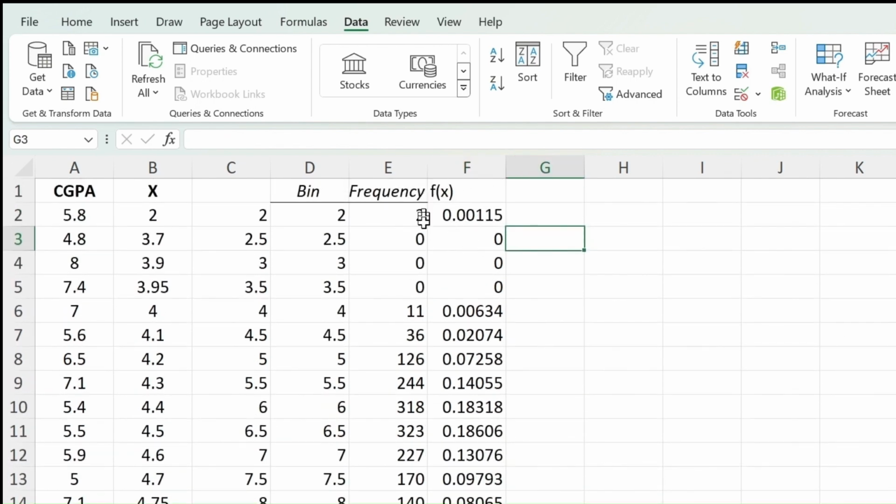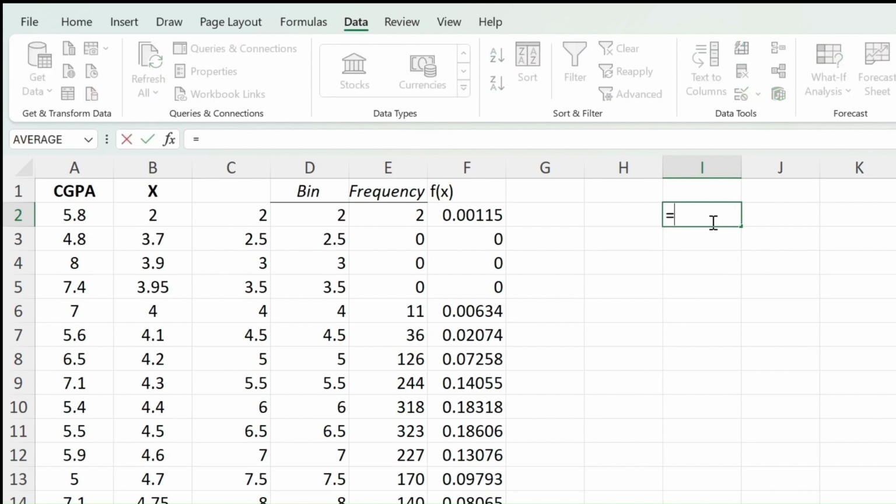Next, we need to calculate the normal distribution. For the normal distribution, we need a mean and the standard deviation. So first we will calculate the mean. Mean means it is the average of the data. So for that, use the inbuilt command. Take any empty cell, suppose I2. Write the formula =AVERAGE